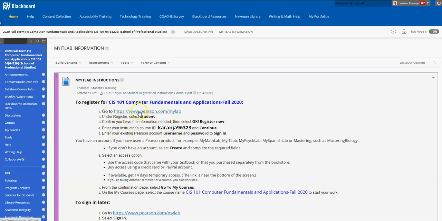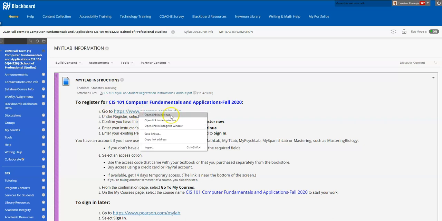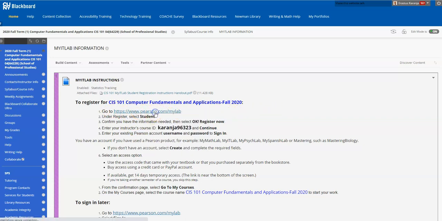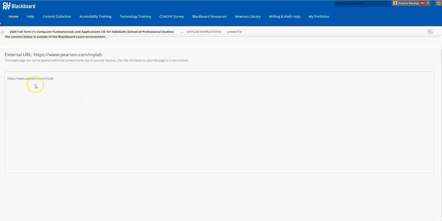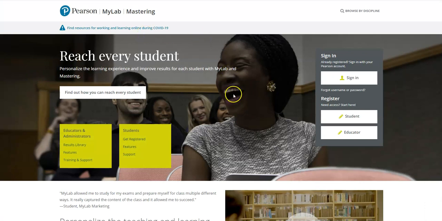To start with, you can right click here and say open in new tab, or you can just click on the link. It's an active link and it brings you here. Click on that link also and you come to this page. This is the page that you need to be able to register for my IT lab. If you have used my IT lab before, then you have an account, you just click sign in. If you're not very sure, if you have forgotten your password or your username, you can just click on forgotten username and password